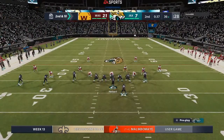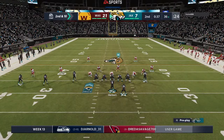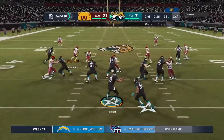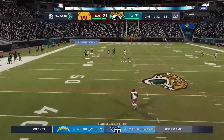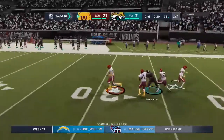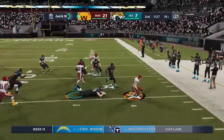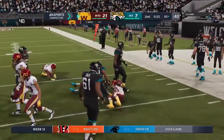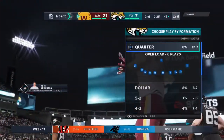They'll try again from the 36 on 2nd and 10. Herbert off of play action. He's going to let it go again. On Herbert, his 3rd interception. Picked off by Troy Apke. Then he will take it across midfield and down to the 45. Intercepted by...